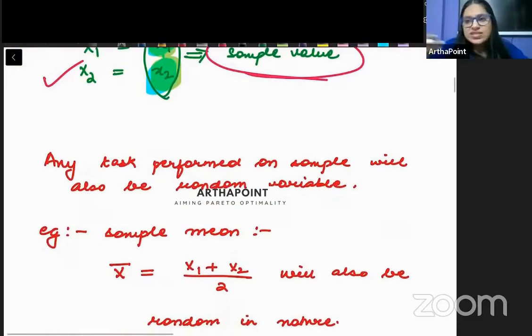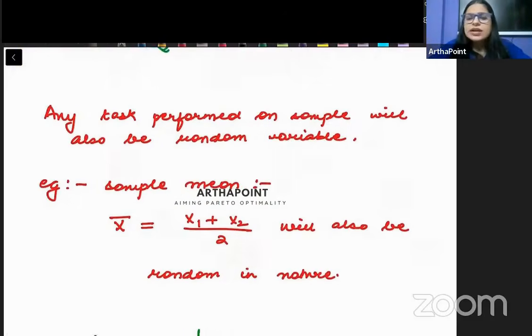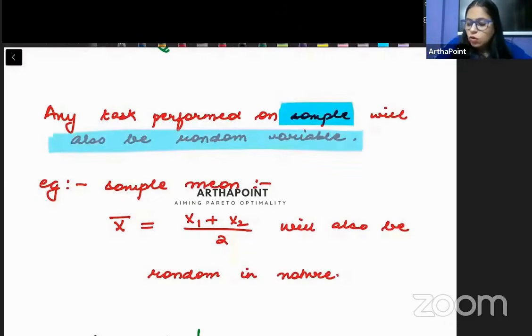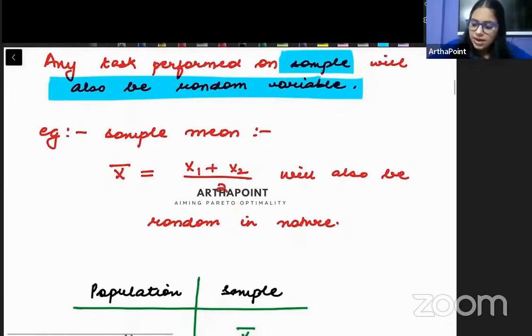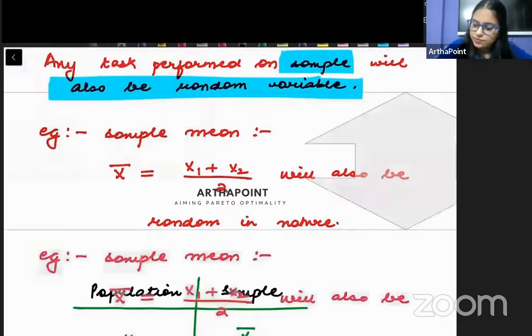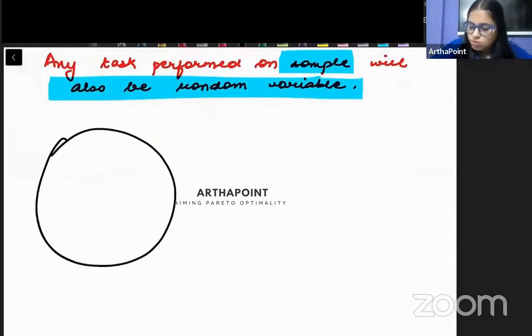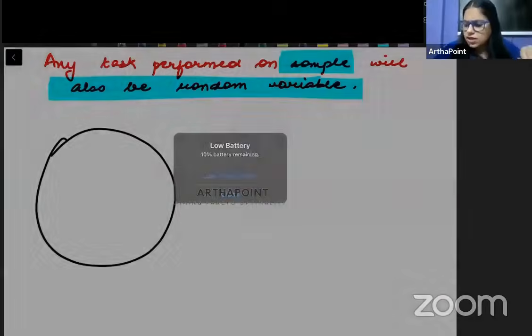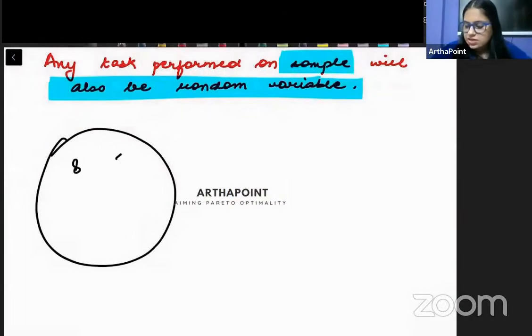Okay, now going one step ahead. Now, we need to understand that whatever task you will perform on the sample, that will also be a random task in nature. Mane, just try to understand this thing. But I have this population. इस population में बहुत सारे numbers हैं. So it has numbers 8, 7, 1, 2, 5, 4, 3. ऐसे करके 10 numbers हैं, हाँ? I asked you, okay, from this population create a sample. तो आपने मुझे 2 numbers sample के create करके दे दिए.